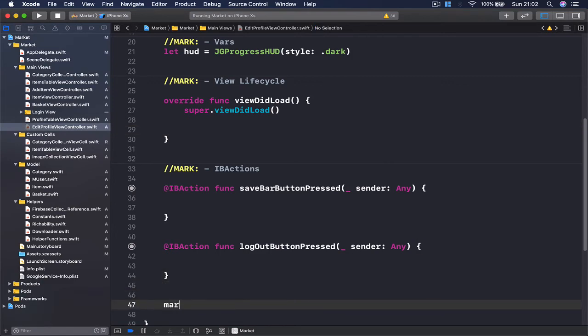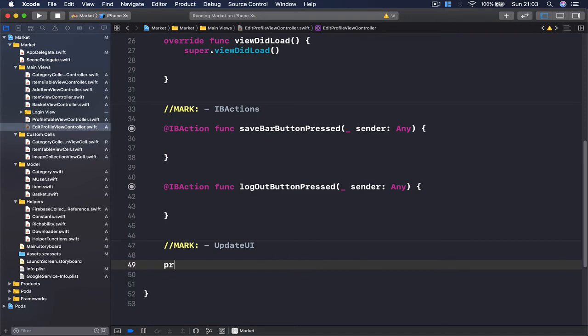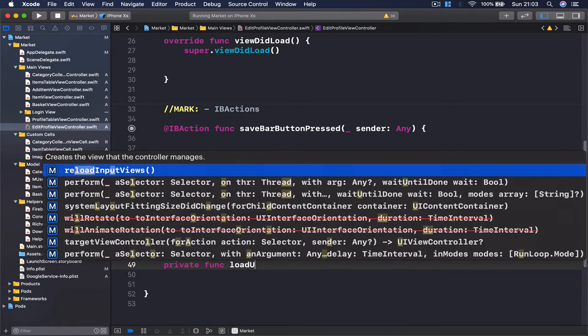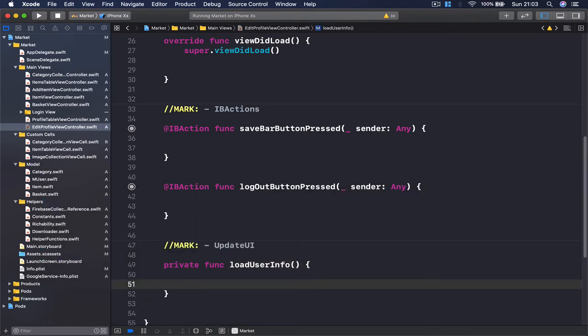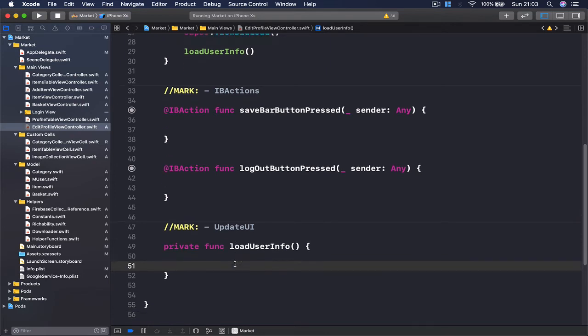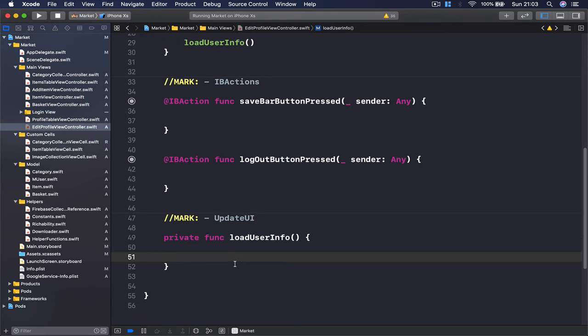So let me put a mark here, call this update UI, and we're going to have a private func here that is going to load user info. This function we will call in our viewDidLoad, because every time we load, we want to load the user information. And before we can load the user information, we want to make sure that we have a current user. So we say if